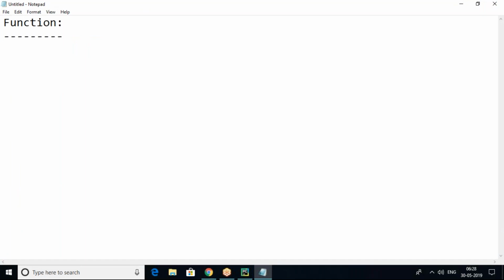First, function. See, I have 100 lines of code that I have written. When I execute these 100 lines of code, I get some output. I want to get the same output repeatedly, so again we have to write 100 lines of code. Suppose in your program, these 100 lines of code are required again and again. If you write these 100 lines again and again, your code is going to be lengthy and your program grows larger and larger.